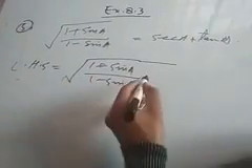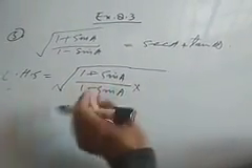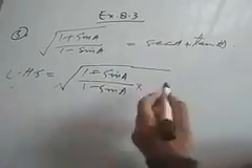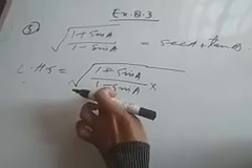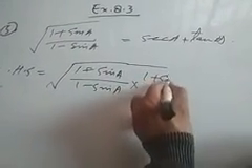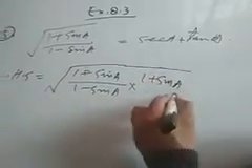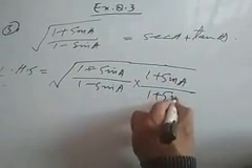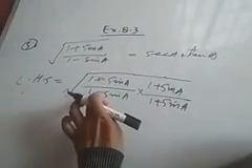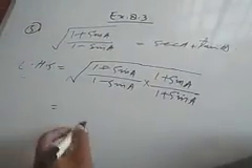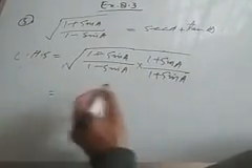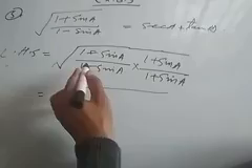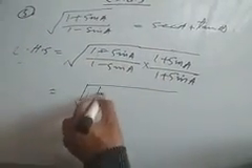That we will do with the help of rationalization. So we will rationalize it by the denominator. Here it is 1 minus sin A, so I will use 1 plus sin A. So multiply the numerator and denominator by 1 plus sin A. That means I have rationalized the denominator. Now 1 plus sin A times 1 plus sin A is 1 plus sin A whole square.